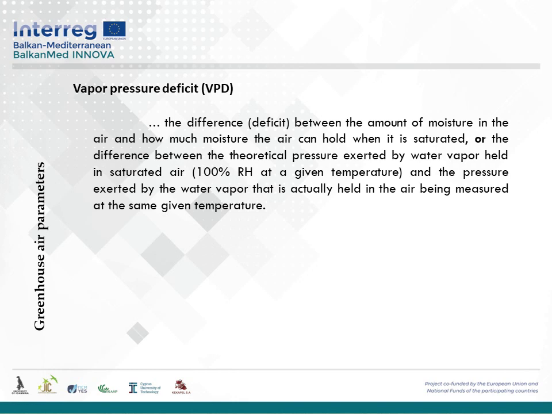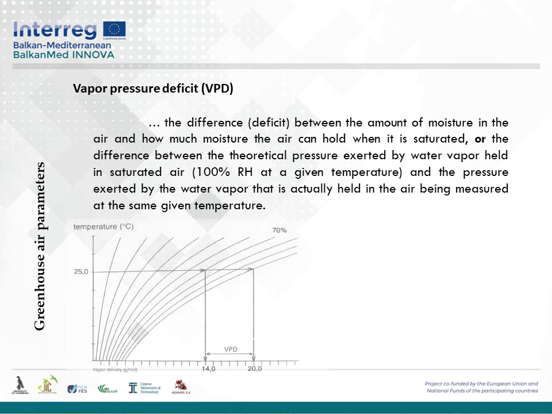The physical condition of the greenhouse air can also be expressed in terms of vapor pressure deficit, or the VPD. Indeed, it is the difference, or the deficit, between the amount of moisture in the air and how much moisture the air can hold when it is saturated. Or alternatively, it is the difference between the theoretical pressure exerted by water vapor held in saturated air and the pressure exerted by the water vapor that is actually held in the air and being measured at the same given temperature. To better understand the concept of VPD, have a look at this graph,